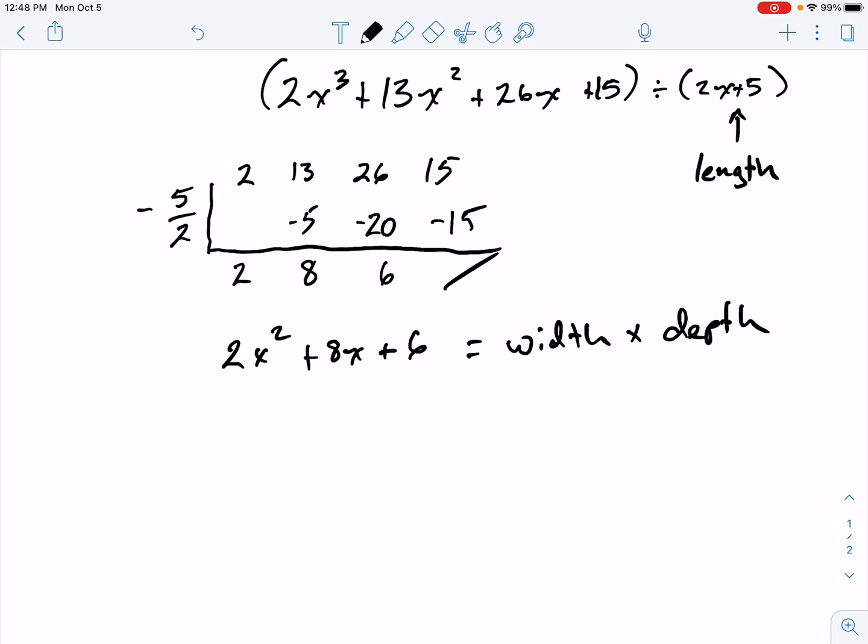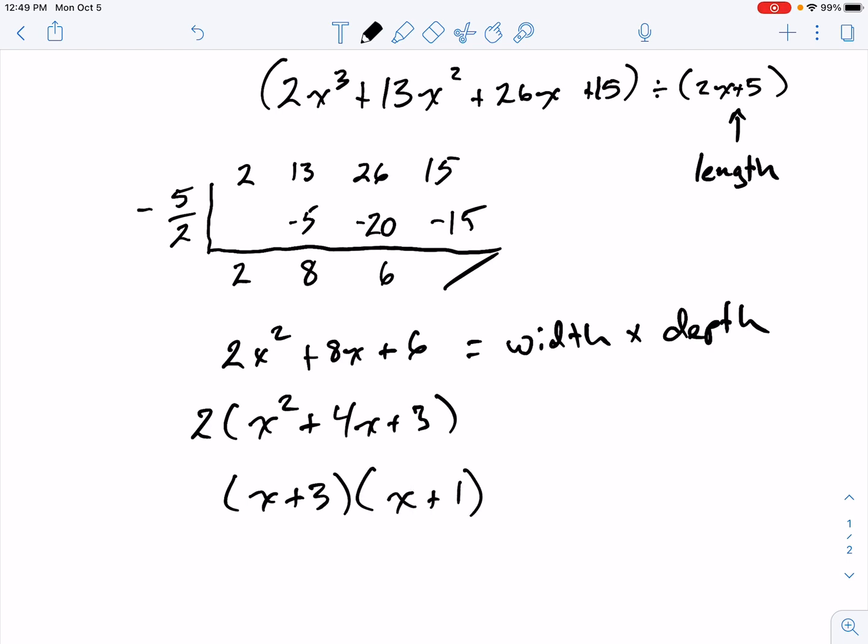Let's see, a GCF of 2, I can take a 2 out, which leaves me with x squared plus 4x plus 3. And then I just ask myself, what do I times to get 3 that's going to add up to 4? Let's see, that's 3 and 1. So then I've got an x plus 3 and an x plus 1. All right, so these are my